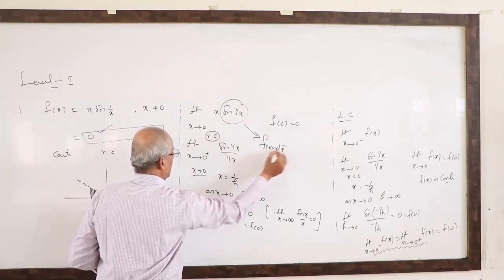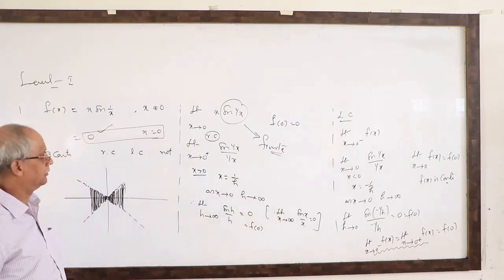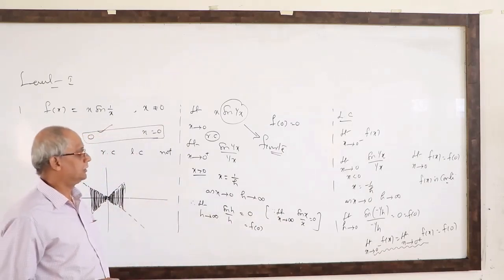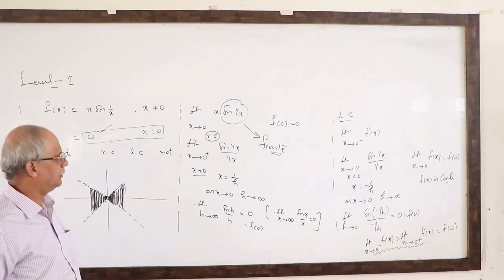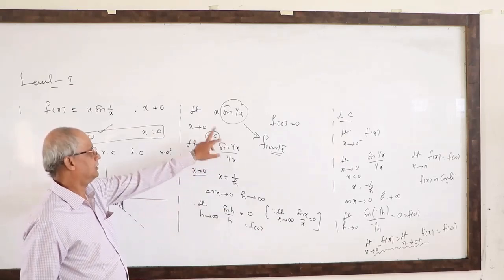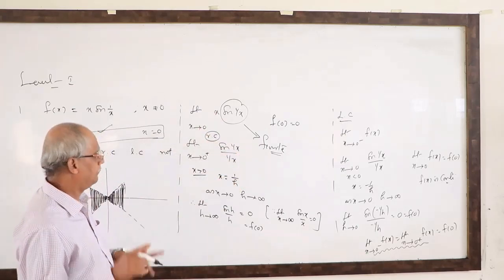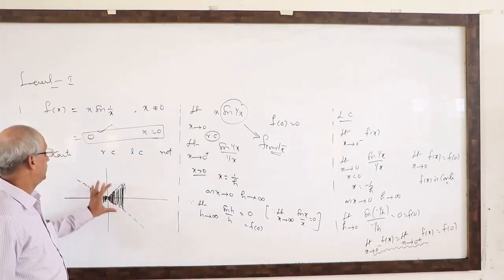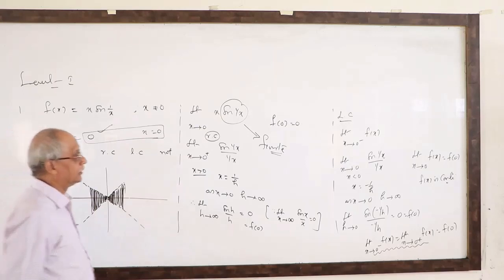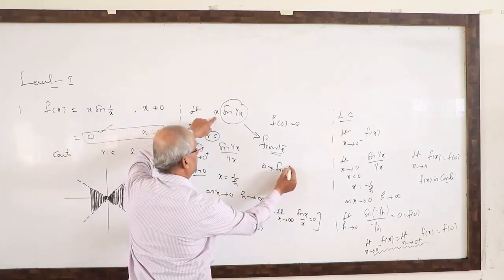As per Mains and other people, you understand this property. This I gave you to know the theoretical solution. As for objective level, you note this property. What is that? Sin of 1 by x is a finite number. How is it a finite number? This is the graph, between two boundaries. 0 into finite number, no objection.